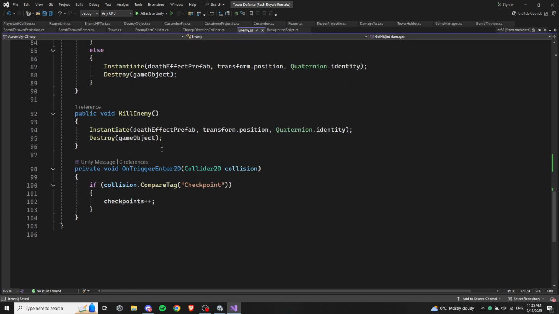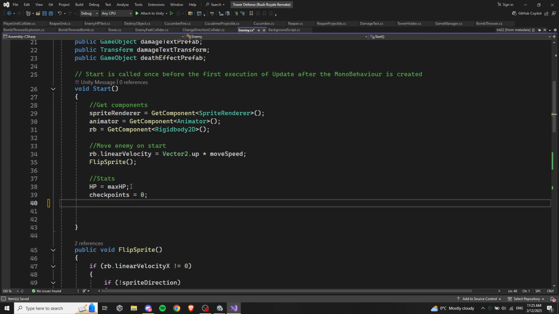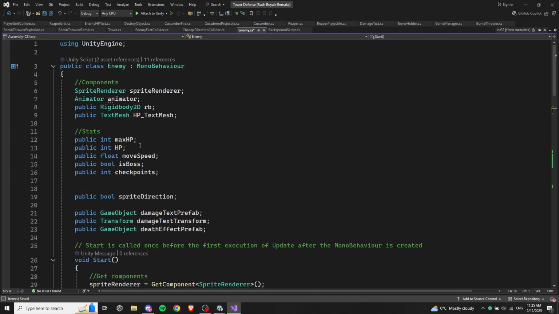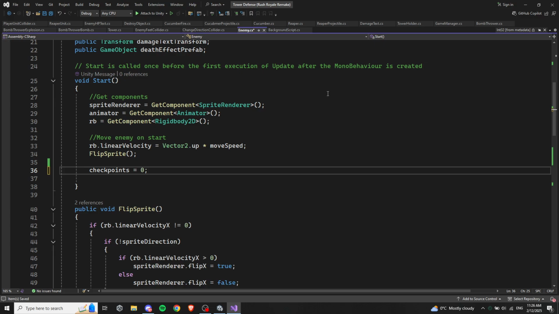All right. Also, let's do that here as well. Actually, we don't need this. So we don't need this, this, or even the max HP. We don't even need that. Just need HP. And now when we spawn it